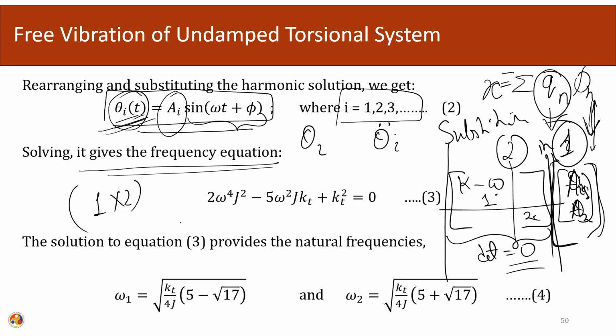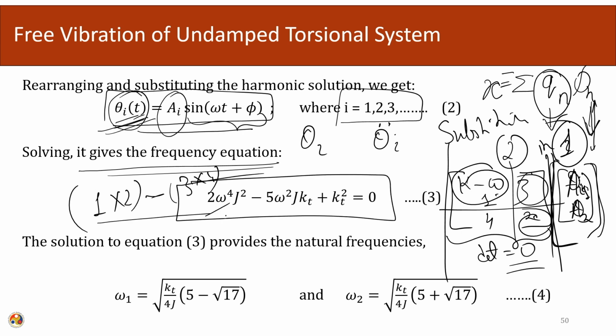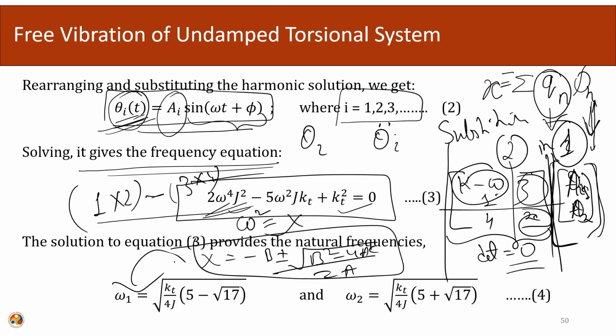1 multiplied by 2 minus 3 cross 4. So, when we do the multiplication for these components, we will get an equation in terms of omega, j and k. Basically, similar to the translation case, we are getting an equation in omega, and if we substitute omega square as x, we will get a quadratic equation. And when we solve for x, x equals minus b plus minus square root of b square minus 4ac, over twice a, like before,